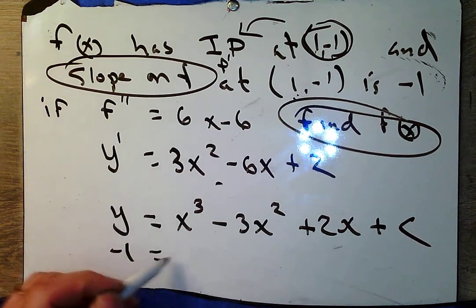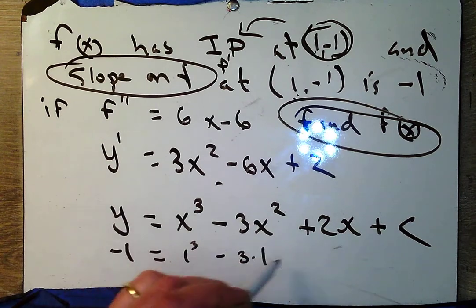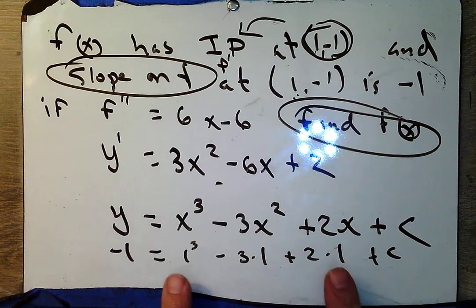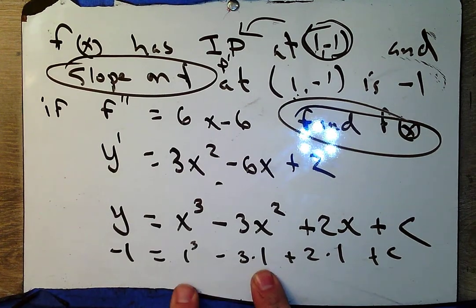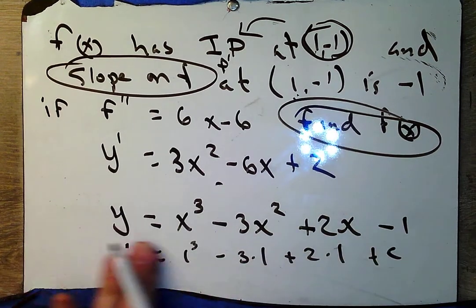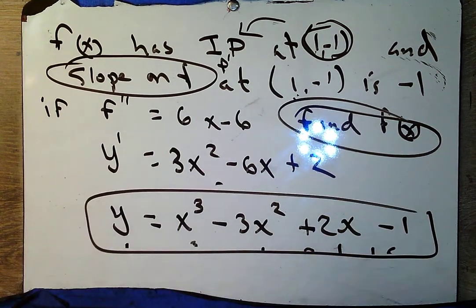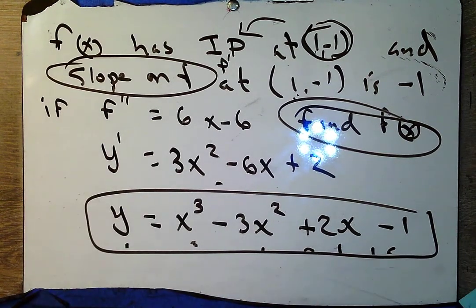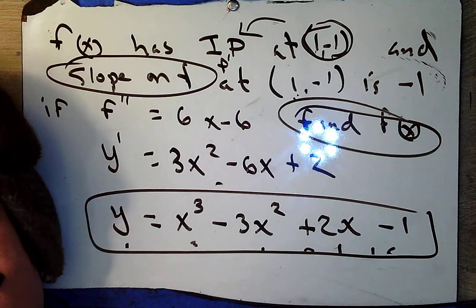So -1 equals 1 to the third, minus 2 times 1, plus 2 times 1, plus c. So that's 3 minus 3 is 0, so c is -1. Ta-da! There's our equation. You might want to watch this one again because it wasn't hard, but it is really sort of surprising. Okay? All right, last problem I think I want to look at with you today is actually